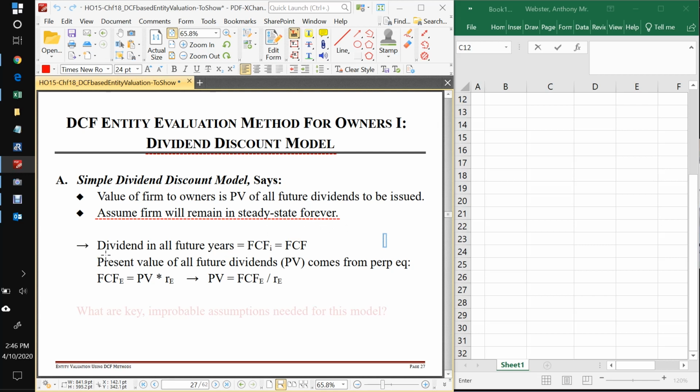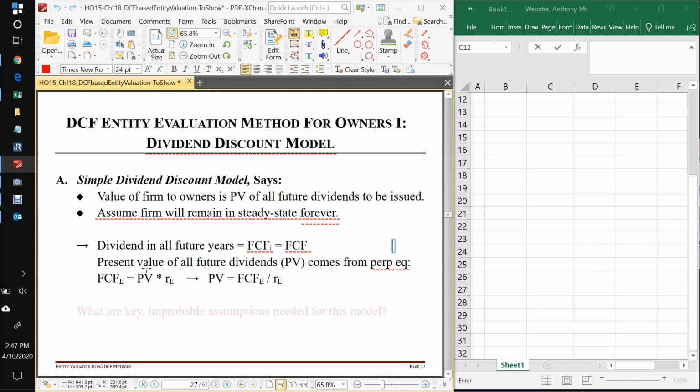So what that means is in all future years, the free cash flow dividend that can be given to owners in any year I is going to be constant because nothing's changing with the firm. The net income is the same, the capex is the same, the depreciation is the same. So the free cash flow that we can extract from the firm is going to be the same in any year. Okay. So if that's true, if we've got a firm that's going to be in steady state forever, and let me emphasize forever here, that sort of kind of should sound familiar, something like a perpetuity,